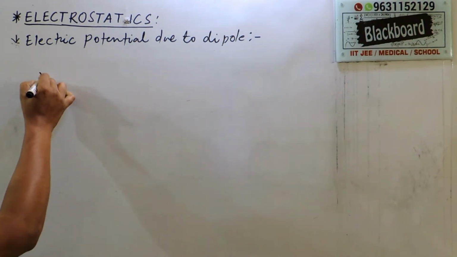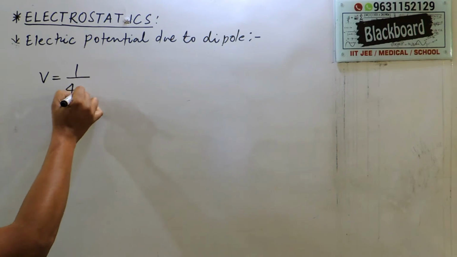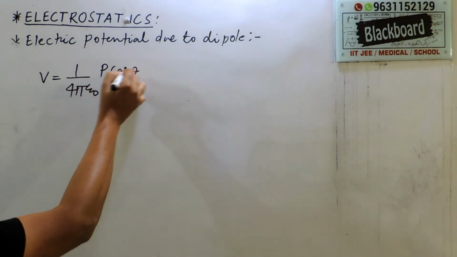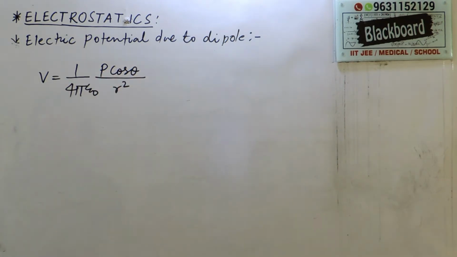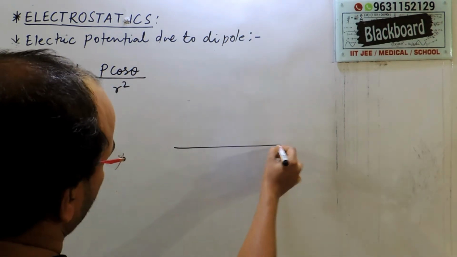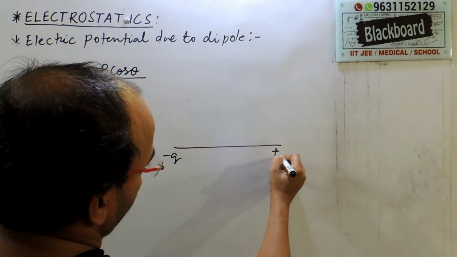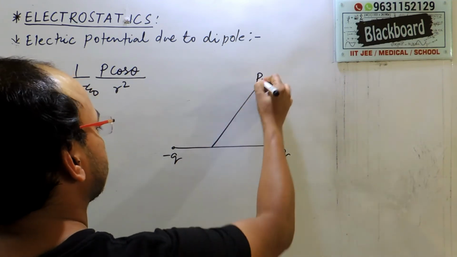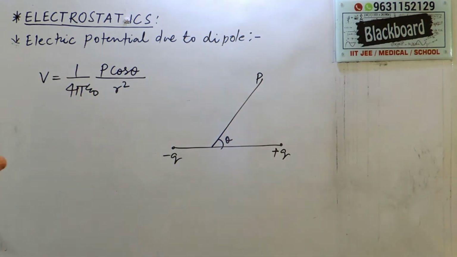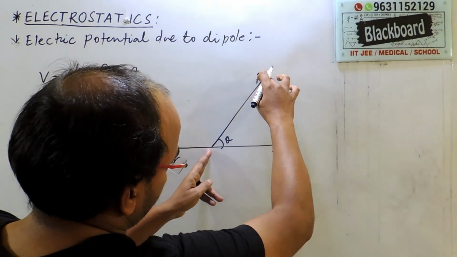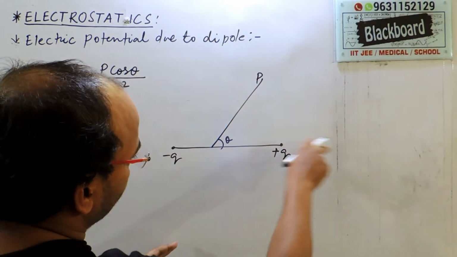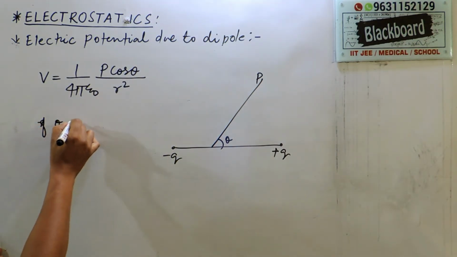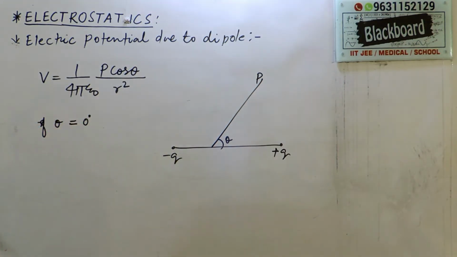Now here the net potential is V equals 1 by 4 pi epsilon naught, P cos theta divided by r square. From the diagram, this is minus q, this is plus q, and this is any arbitrary point, and this angle is theta. If theta is 0, that means this P will be on the axis of dipole. That means if theta is equals to 0 degree, P